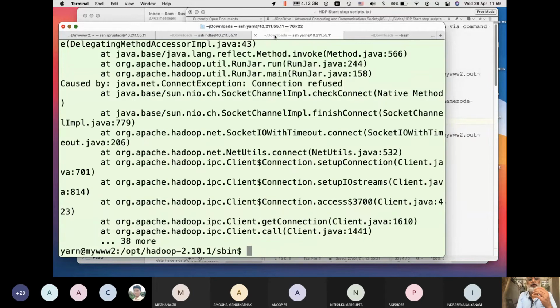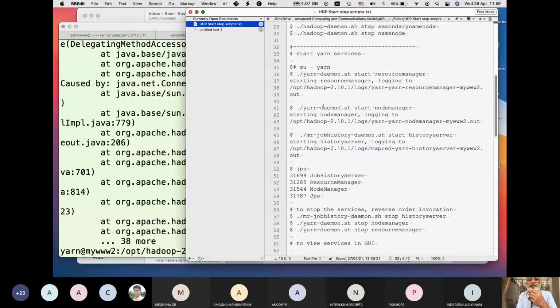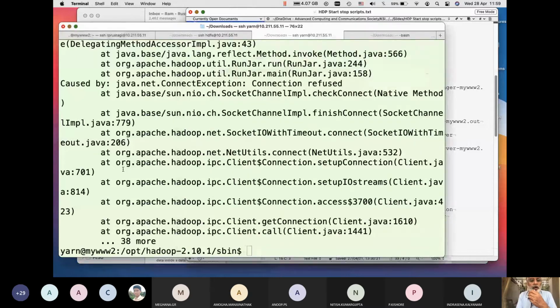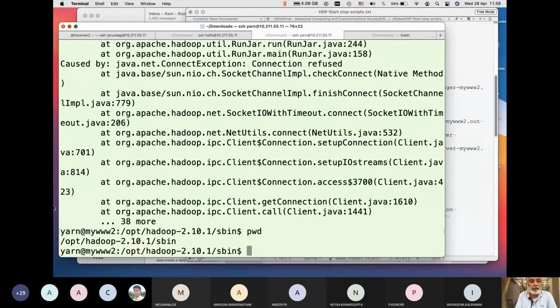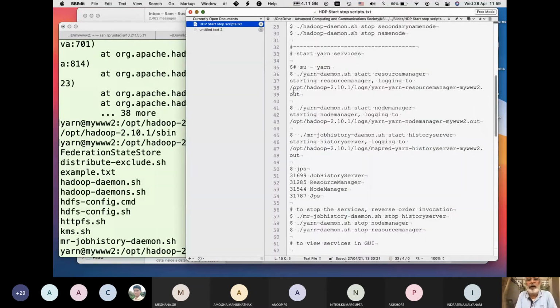I need to run the YARN services. So I'll start with YARN. I need to go to the directory which is the Hadoop installation path /sbin. That's where you'll find all these programs. So with yarn, I run my resource manager, which is actually the YARN service.